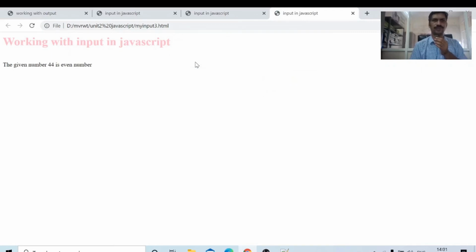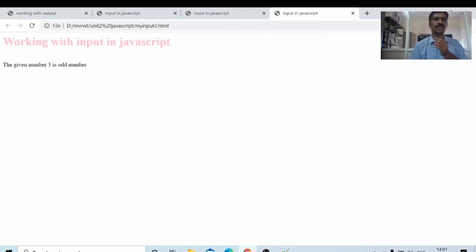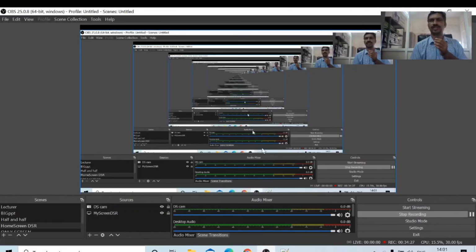Once again, to check that odd numbers work, I am entering 3. The given number 3 is odd number. In this fashion we will check. This is the JavaScript program to check whether the given number is even or odd.